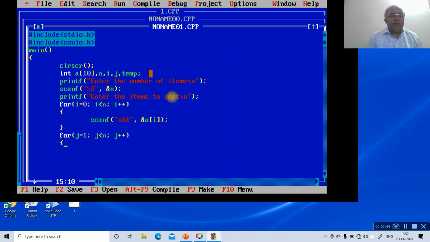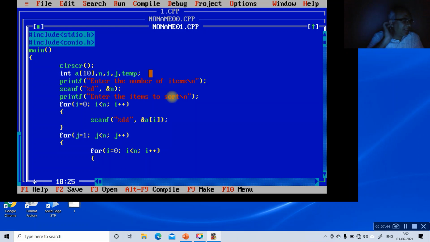Then open the parenthesis, then go to for again, i equals 0, because the array starts from 0 up to the number of elements. i less than n, then i plus plus, then open the loop.